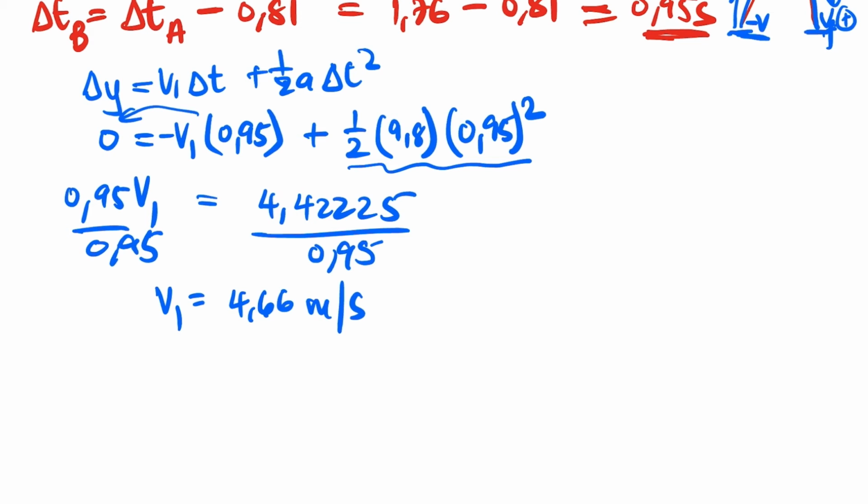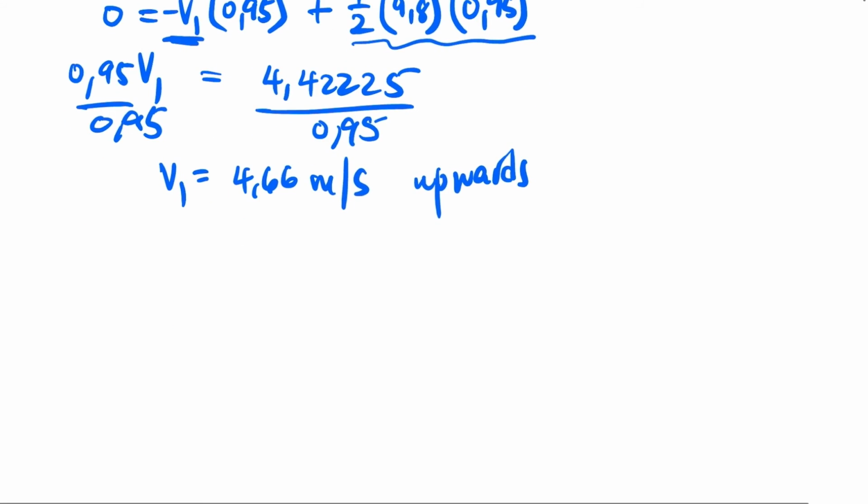Guys, if we did not insert this negative here, we're going to get a negative answer that tells us that the velocity is going upwards. But now, since we already inserted the negative, we'll get the same answer, and we know it means that it's upwards because we already inserted the negative, and the velocity is going up. It's supposed to be negative. Alternatively, guys, to do this, what you can do,